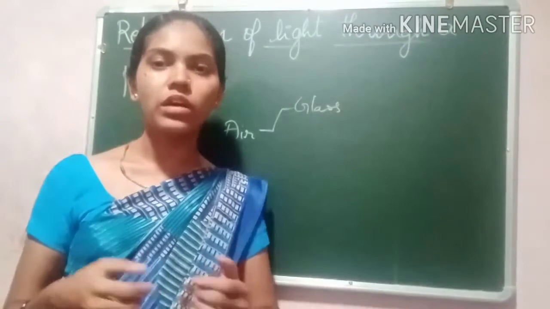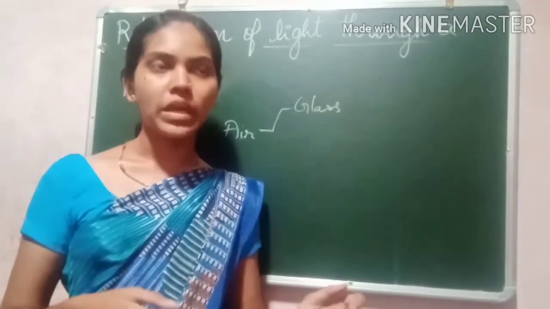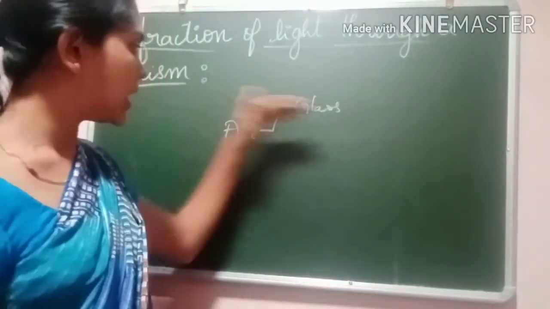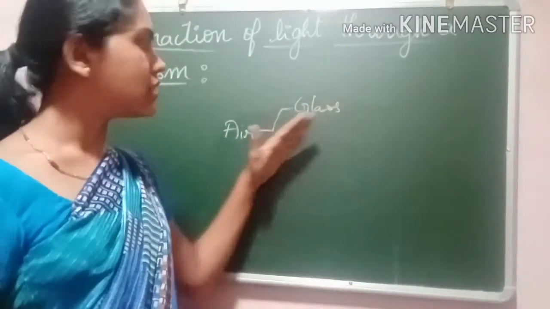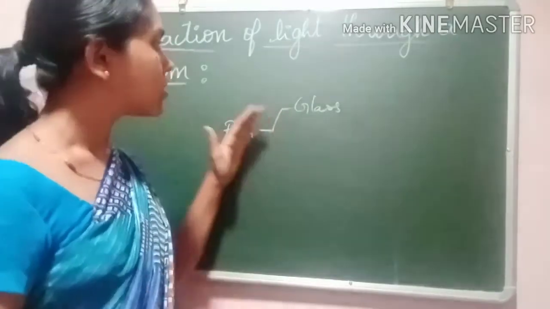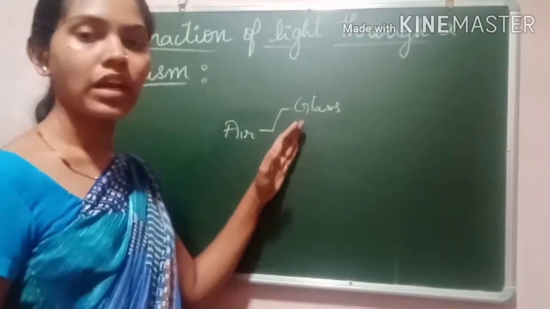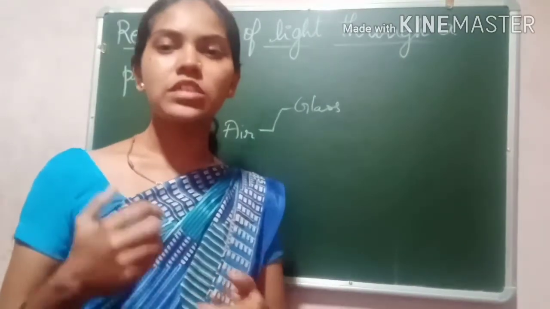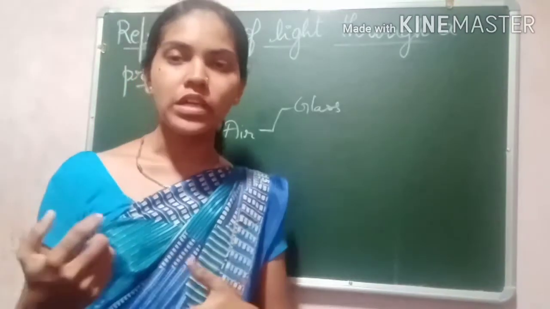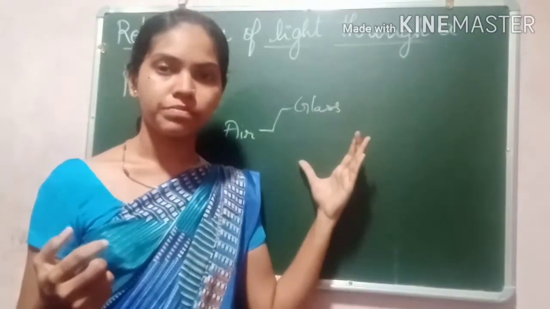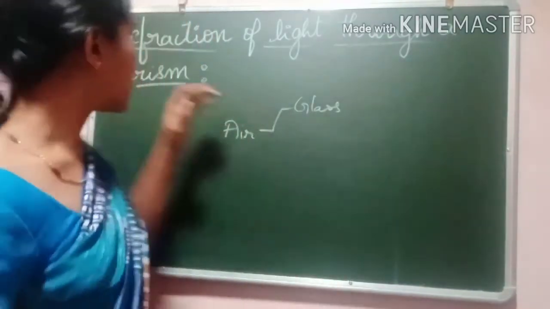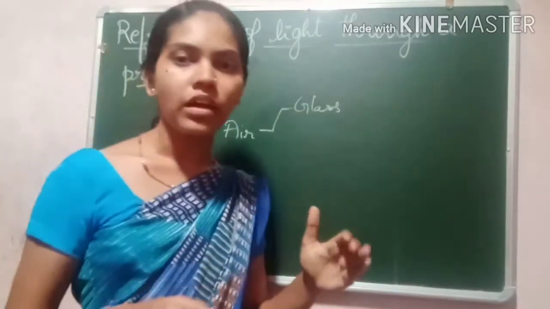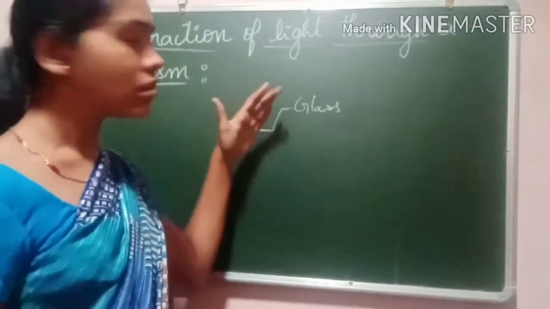We have seen through many activities in the previous classes also. It's the property of light that when it travels from one medium to another, it changes its direction of travel. That property of light is nothing but refraction of light. It has so many applications, and we can give so many phenomena for this property of light. Now let's discuss refraction of light through a prism. What happens when the light is refracted through the prism?